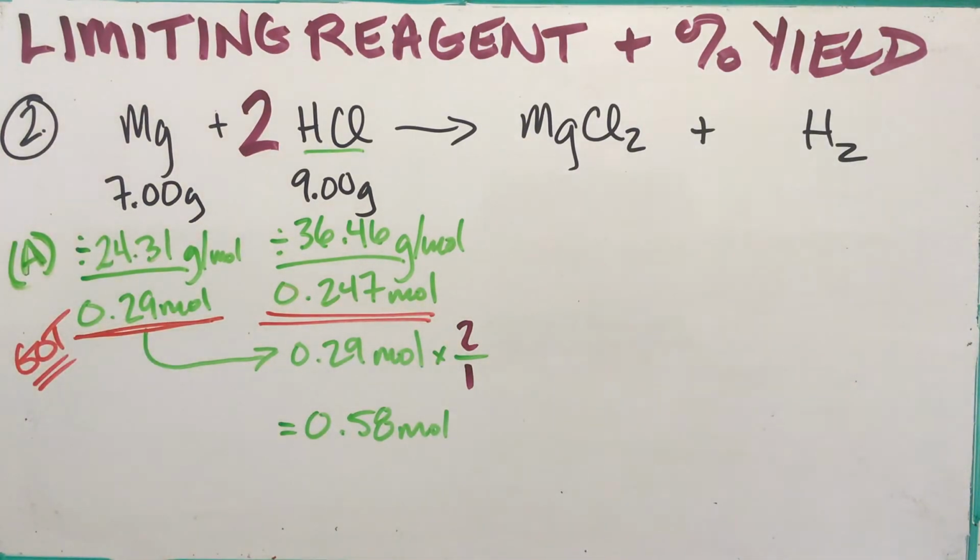The stuff that's underlined in red, that's how much I can work with. I can't work with more. So to burn off all the magnesium, all 0.29 moles of it, I need